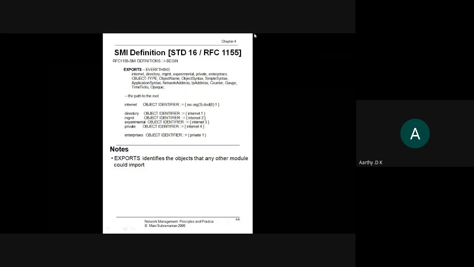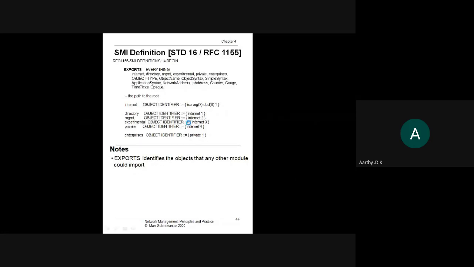These are called data types, or you can call them objects. Every object has its own object identifier, and this object identifier is given by IANA, the Internet Assigned Numbers Authority. That authority is responsible for providing all these values, like private one, internet two, and so on.